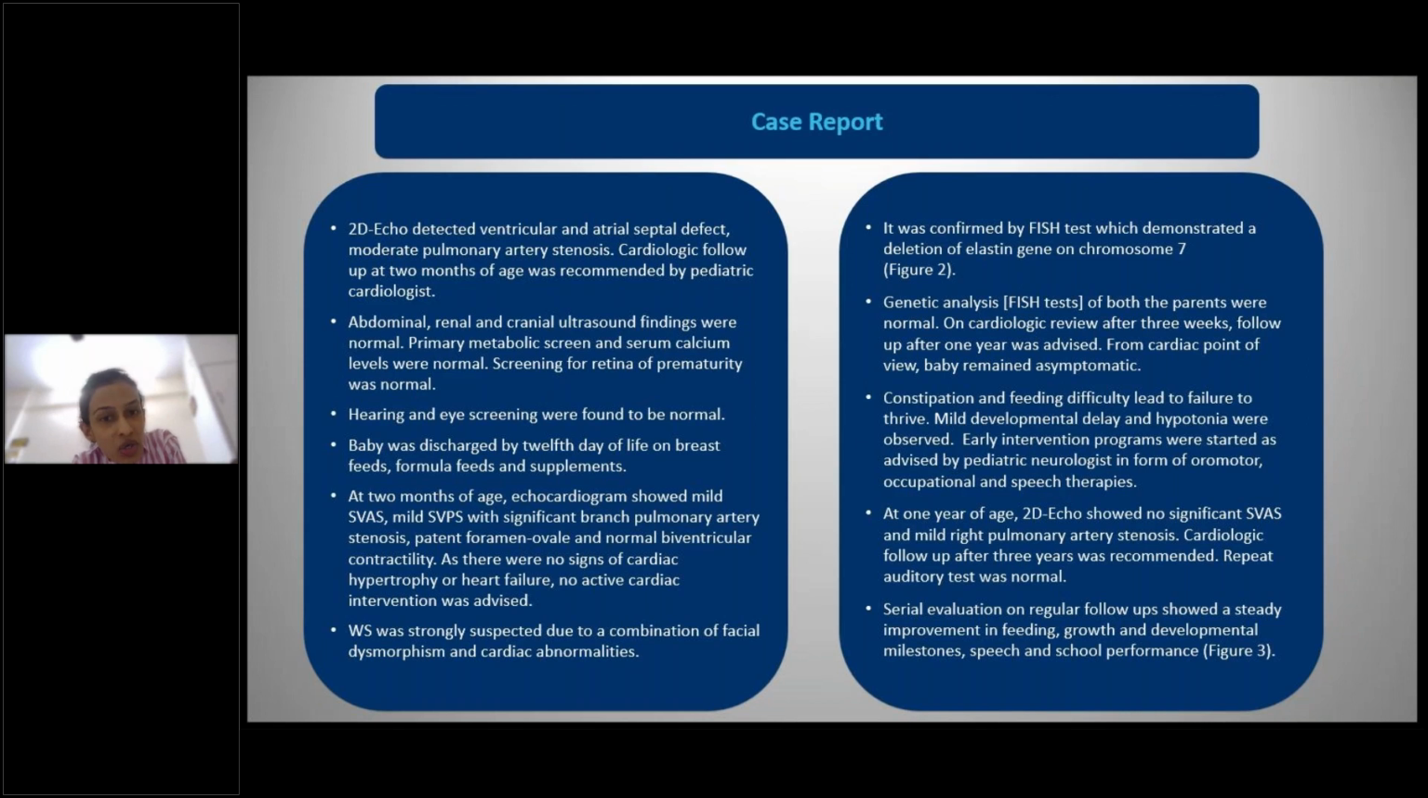On cardiologic review after 3 weeks, follow-up after 1 year was advised. From cardiac point of view, baby remained asymptomatic. Constipation and feeding difficulties led to failure to thrive. Mild developmental delay and hypotonia were observed. Early intervention programs were started as advised by the pediatric neurologist, who was also involved in the form of oromotor,